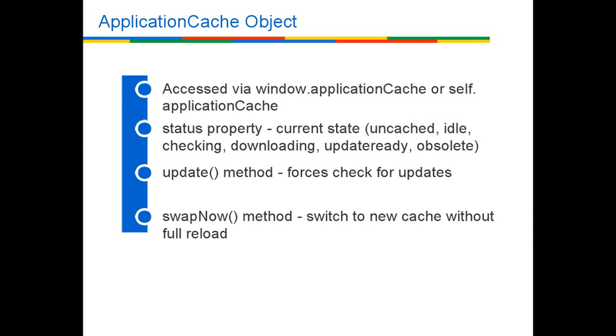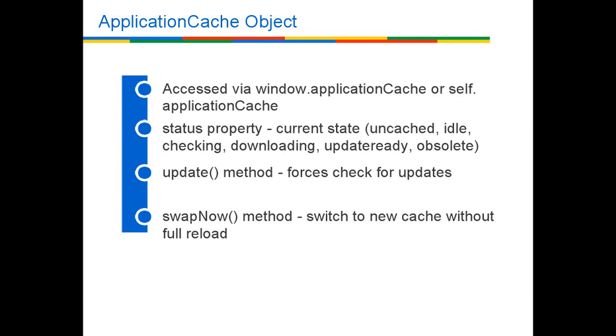There's this interesting state of update ready, which tells you that it has not only found an update, it has successfully downloaded everything, and if the user hit refresh right now, they would get this new cache. And lastly, there's obsolete, which means that the manifest is gone, in a 404 or a 410 response code sense. And if that occurs, then the browser is supposed to delete the cache,